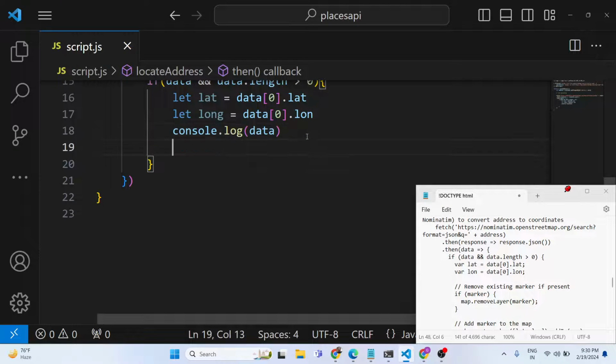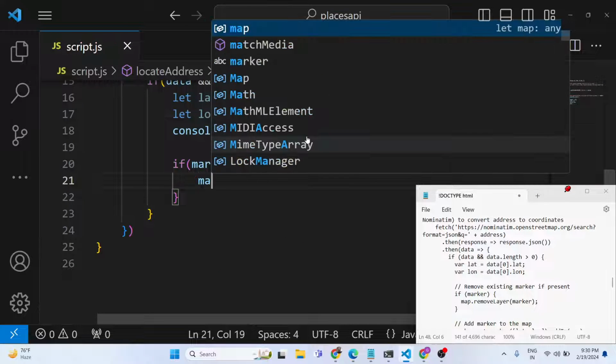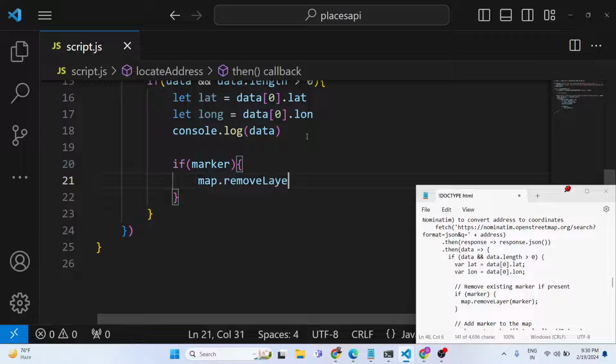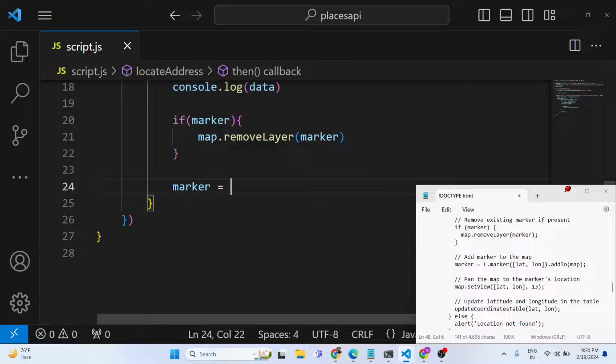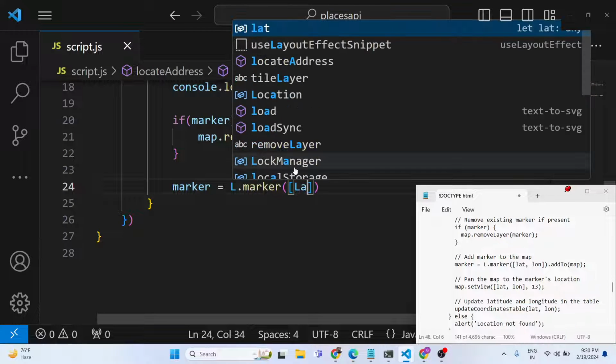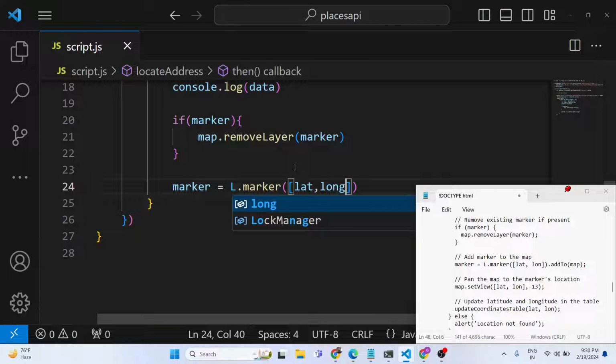First of all, we will remove the existing marker. If the marker exists, in that case we will remove it by using this function, removeLayer. If the marker is not there, then we will simply add the marker. To add this marker, we can simply say L.marker. We will pass the latitude and longitude, these two arguments, and we will use the addTo method to actually add it to